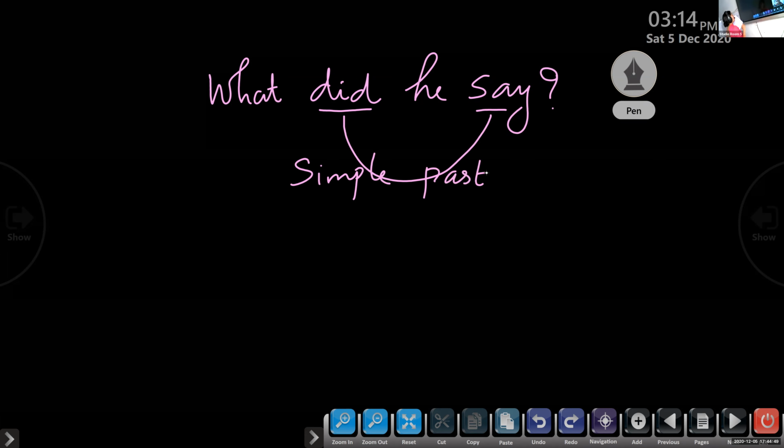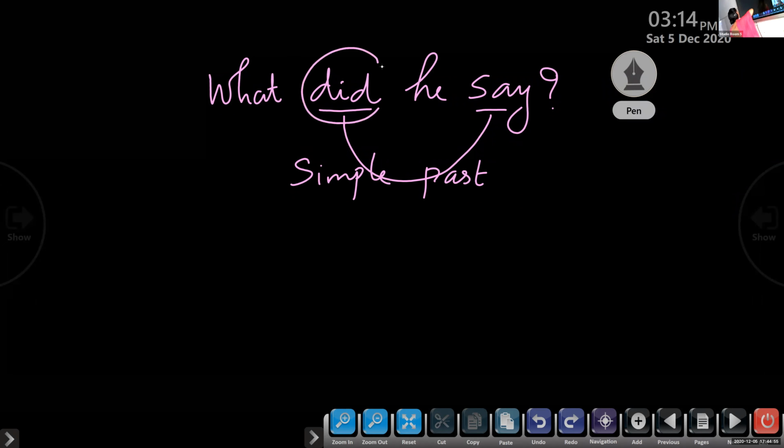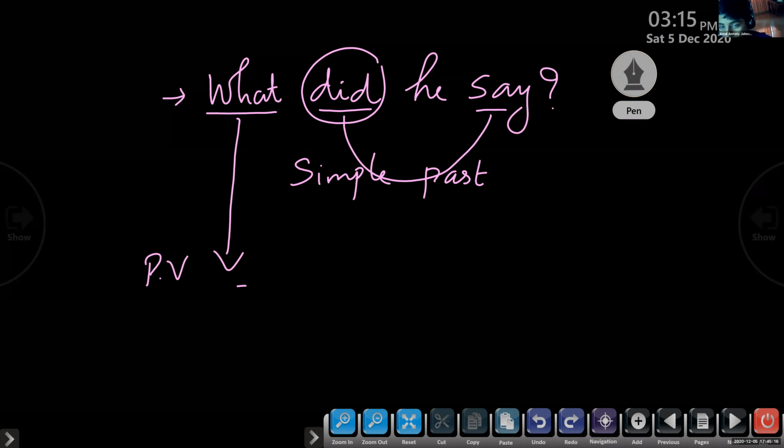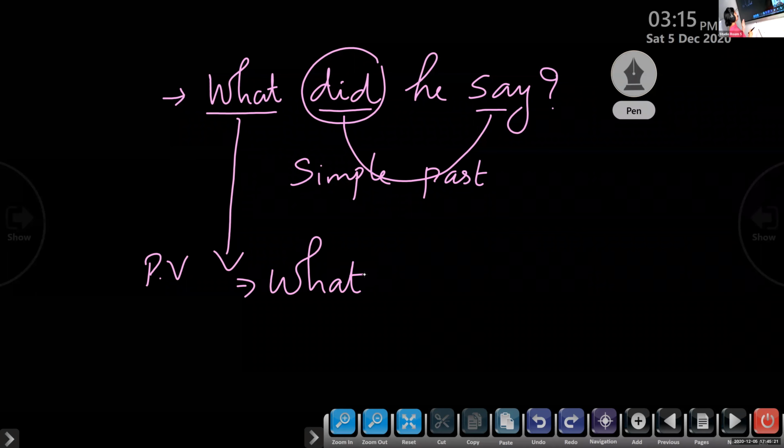So I have told you we cannot begin our sentence with did, does, or do. And the sentence is actually starting with the WH word. If your sentence starts with the WH word, when you transform that sentence into passive voice, you can begin your passive voice sentence with the same question word. So I should begin my sentence with "what." And there are 3 points to remember. The subject of the active voice becomes the object and the object becomes the subject.